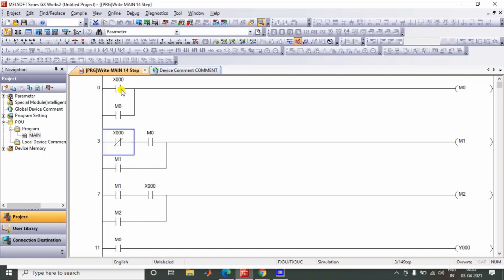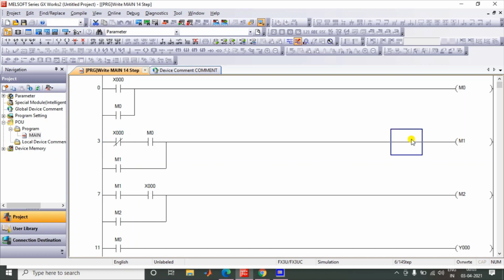For the second stage, what is actually happening is we are releasing, we stop pressing push button X0. Then the input is off, and we have one stage already passed, so that is a second indication.